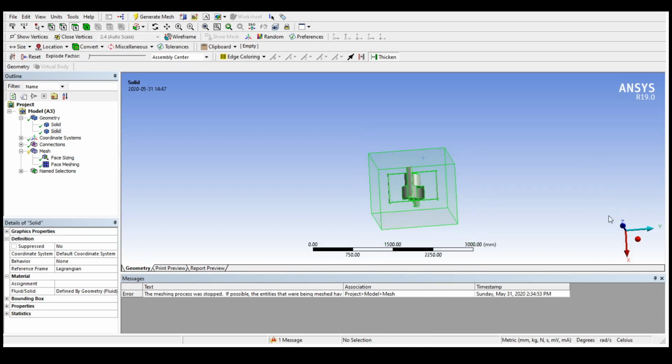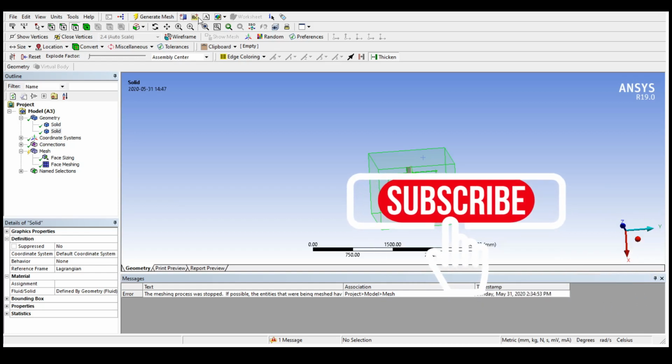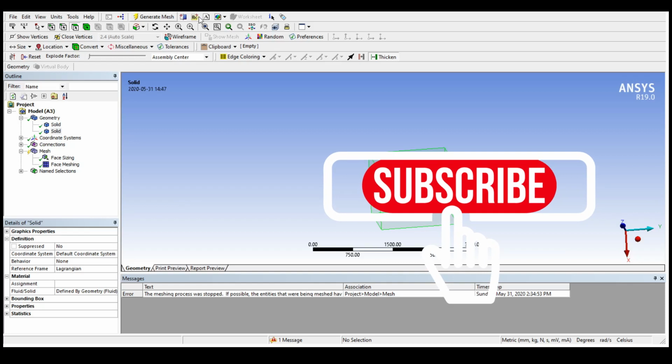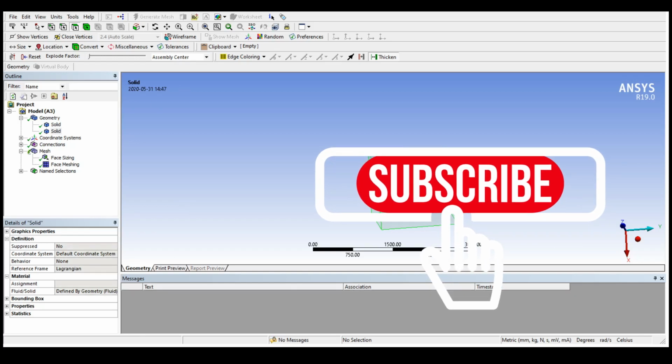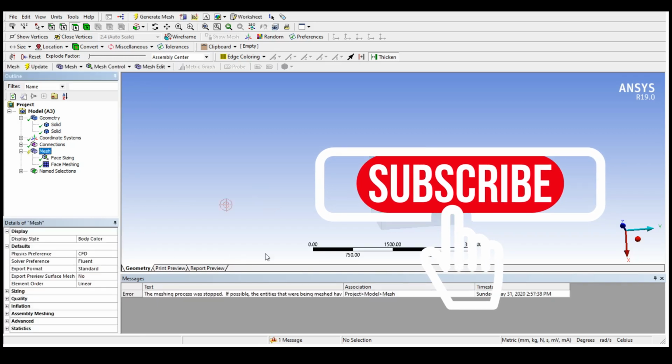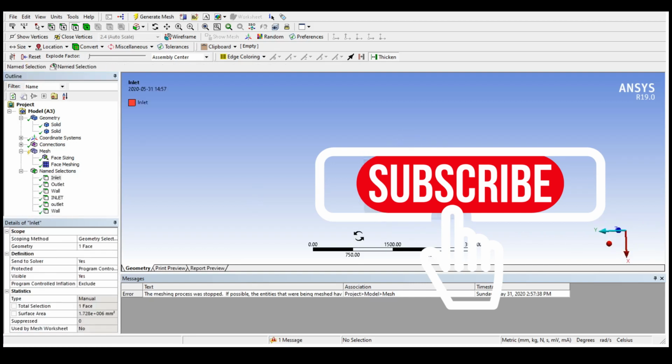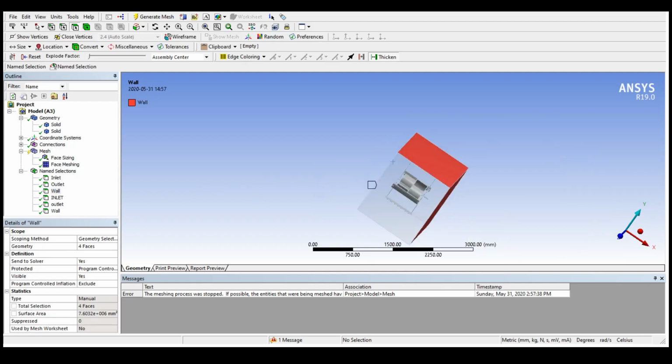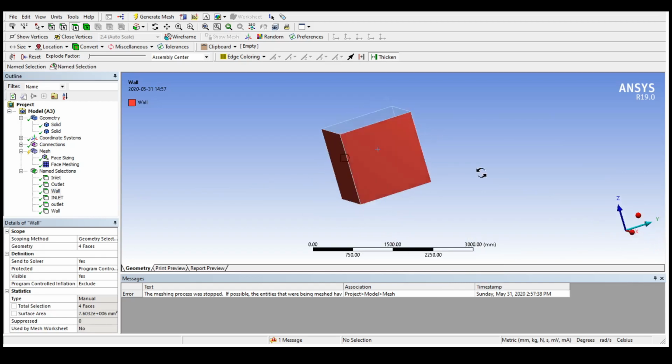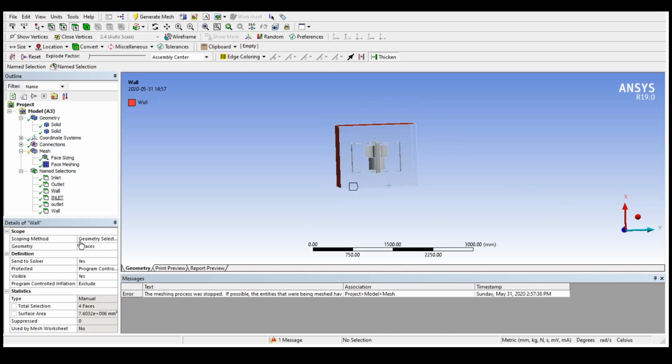We can generate. All the name selections can be seen, inlet, outlet, wall, and everything is available over here. Okay, that is done with that and we can move forward towards the setup section.